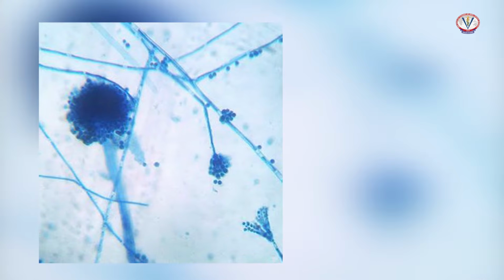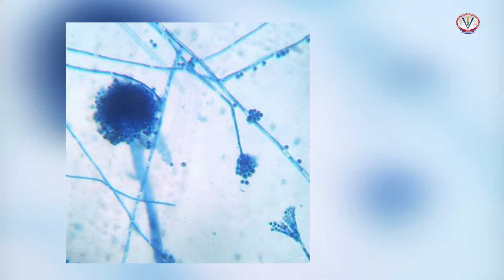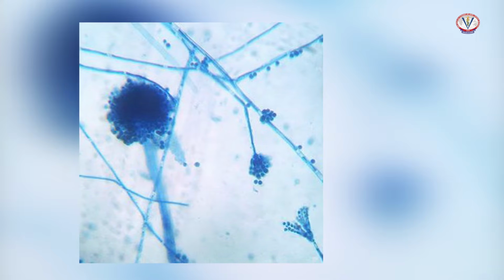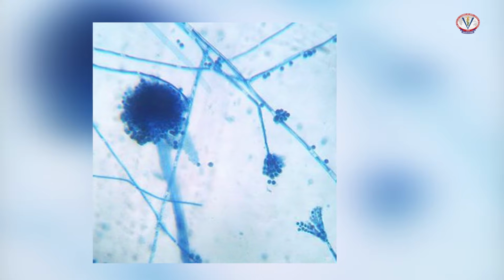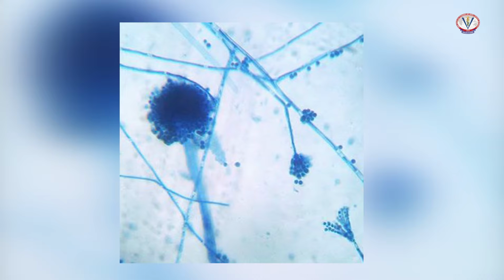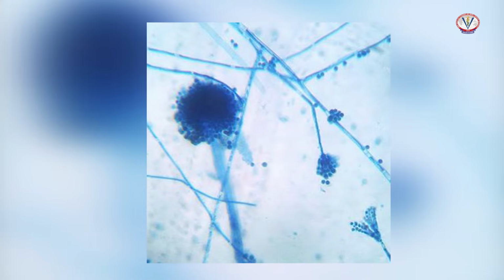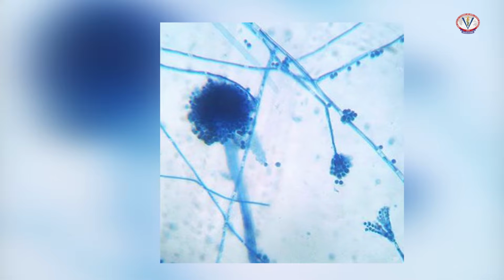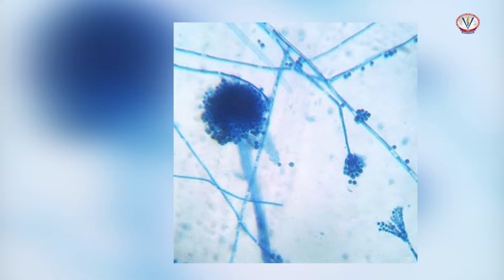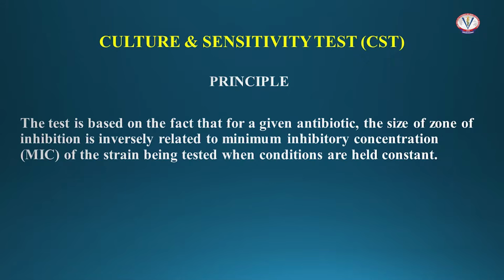Results: fungal structures appear clear in potassium hydroxide wet mount preparations. They will have shades of blue color in lactophenol cotton blue staining. Pigmented structures usually appear intense blue or black. Note down whether the hyphae are septate or aseptate and the various arrangements of the conidia or the additional structures of the conidiophores, sporangiophore or sporangia or different fungal elements. We will be discussing culture and sensitivity test.